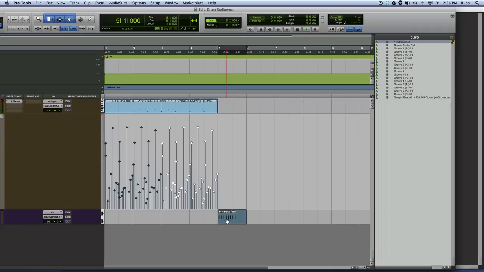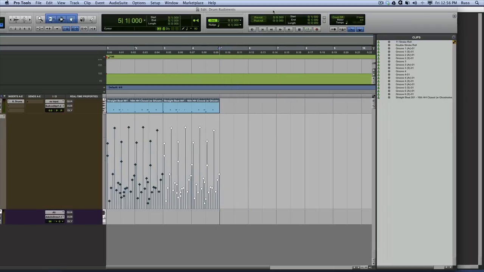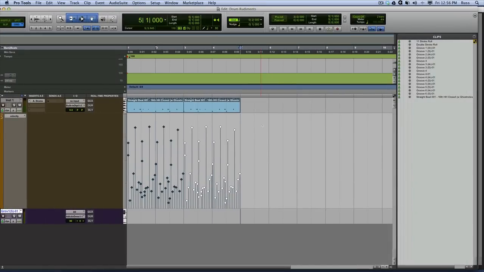Now you might think, what's the point of just something like that? Well, the point of something like that is if you're like me and you're not a trained drummer, then whenever you try and do rolls and fills and stuff like that, they're not going to sound authentic, because this is the real McCoy. So we can grab something like this. I've already brought a set in here, and I can drag it into this part here. So now when I play this,